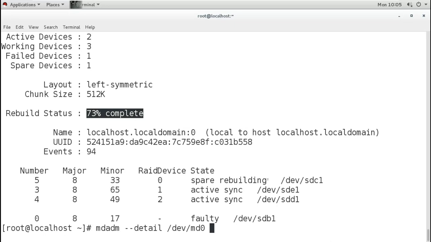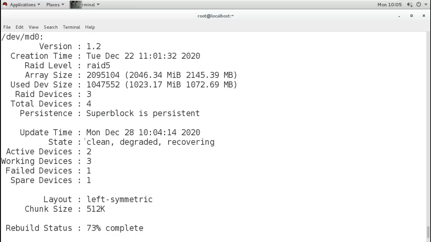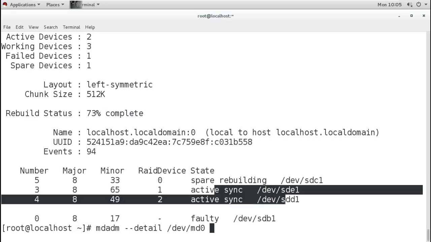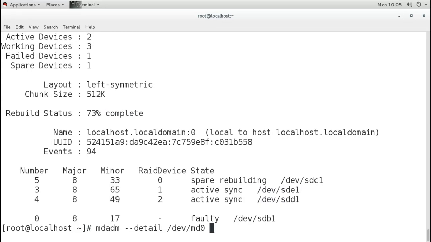But still your data will be working, because it will still be considered clean, because your two disks are still running, and the third one is being added.